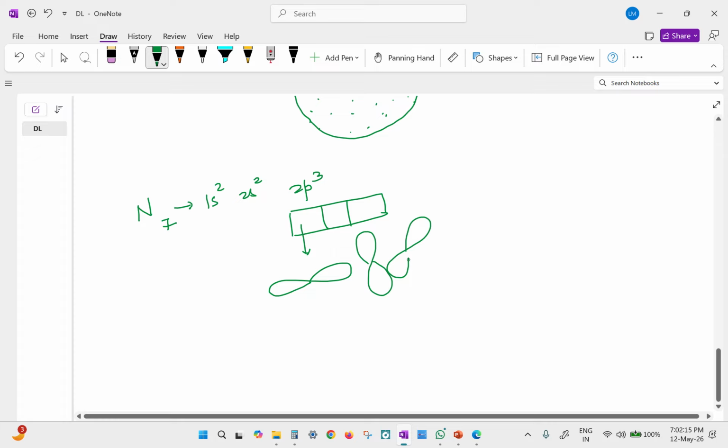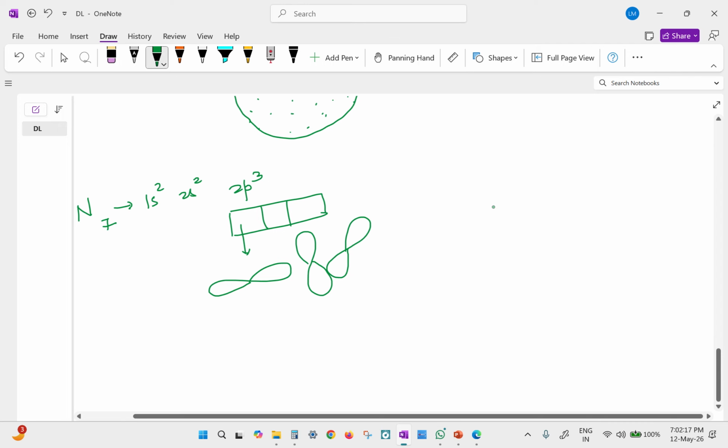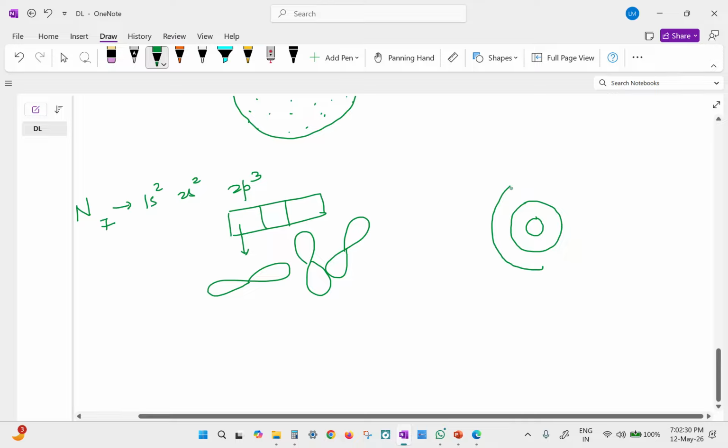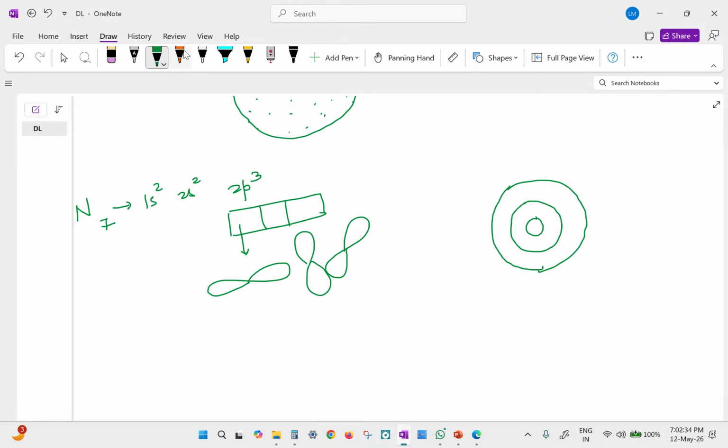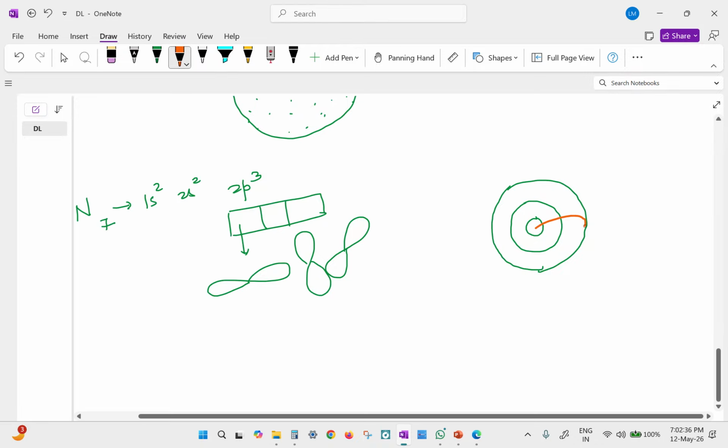Okay. And I told you, I was showing you one picture from the website. This is the nucleus. This is the region of 1s. It's not the shell, it's the region of 1s. This is the region of 2s, correct? And the 2p, where is the 2p? 2px,